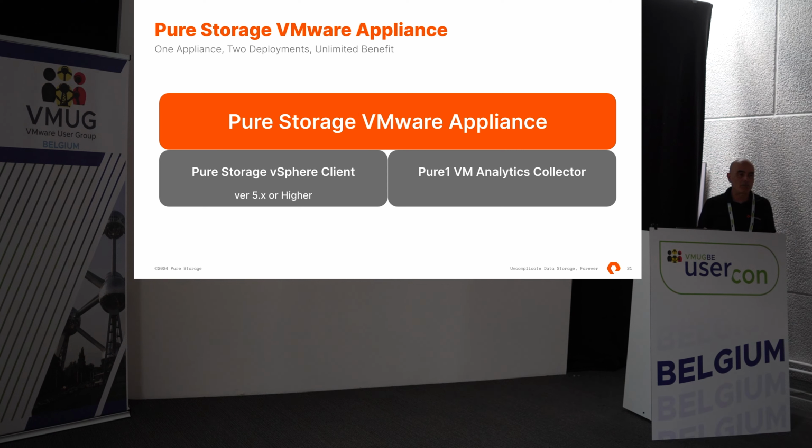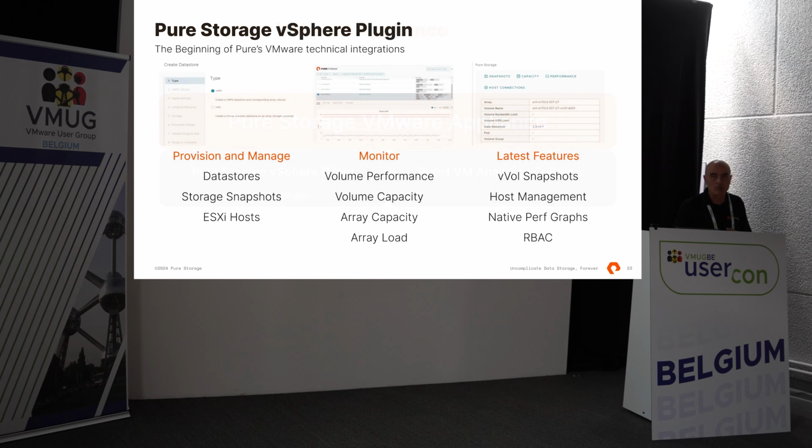All the appliances that we attach to a VMware environment can be driven by the VMware UI through the standard implementation of a plugin, which since version 7 of vSphere requires a specific appliance. So we have a vSphere client and a VMware analytics collector that are all provided by the appliance that can be installed on vSphere, providing a plugin that works like any third-party plugin.